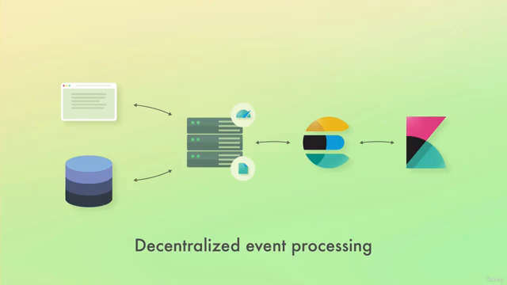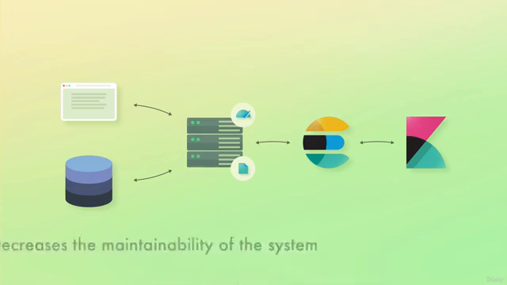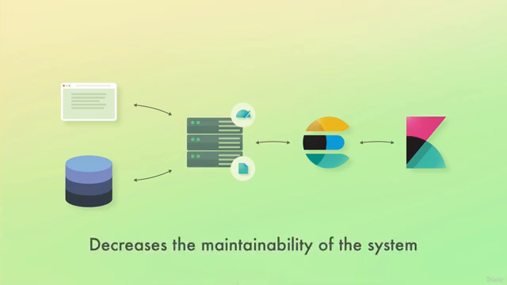Secondly, event processing will happen in multiple places. It's not that big of a problem that it happens on more than one web server, because they should all be running the same version of the code. But we might have a back office server where administrative tasks are performed, such as managing products. Or perhaps we even want to migrate to a microservice architecture. Whatever the case might be, we can quickly end up in a situation where events are processed in many different places, making things harder to maintain.